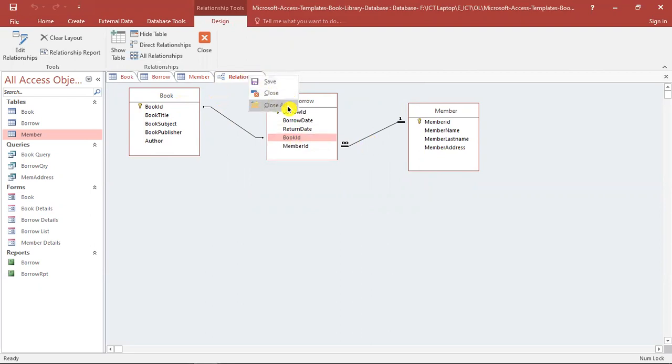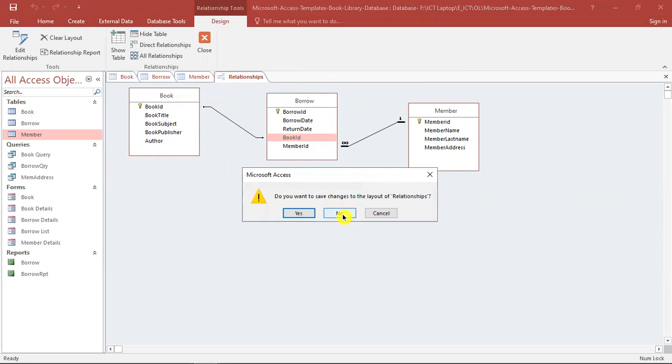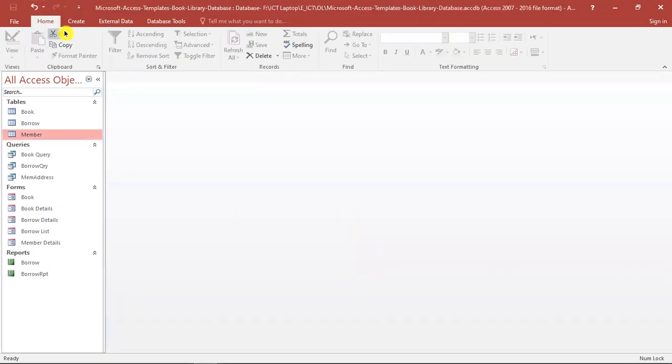I'm not going to save that. I'm just going to close everything. Right. I have made these 3 tables, as well as I created some